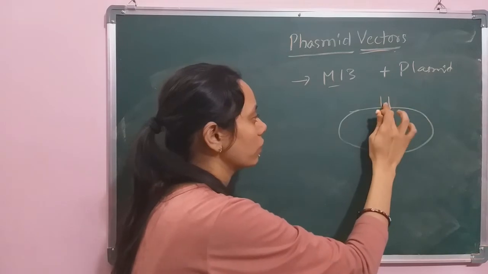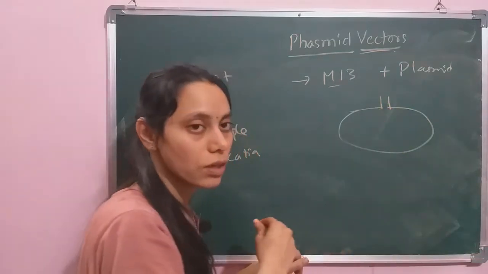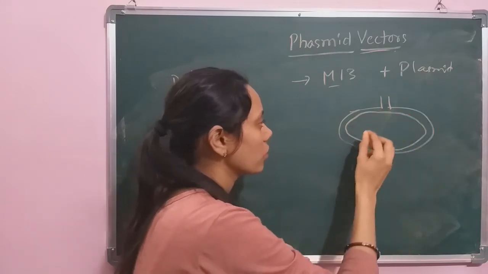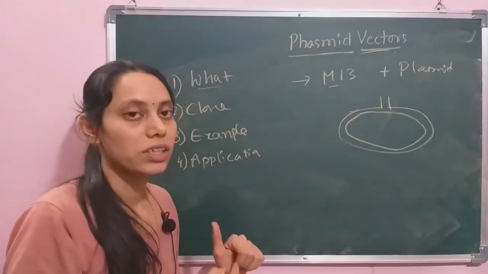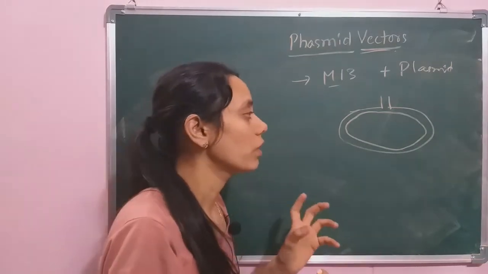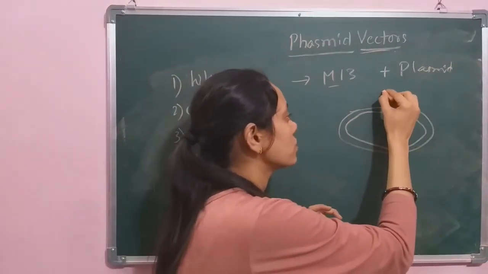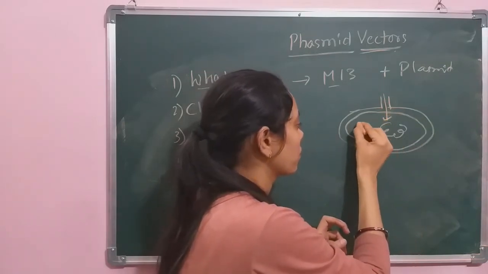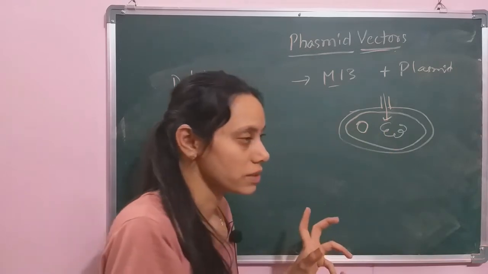That means this is a filamentous bacteriophage M13, and it will only go and infect the bacteria which has the sex pili, and it will insert its DNA inside a bacterial cell, and inside the bacterial cell